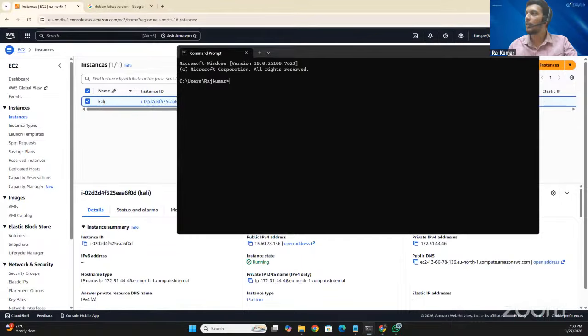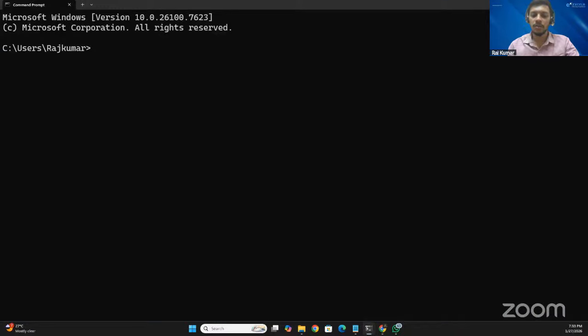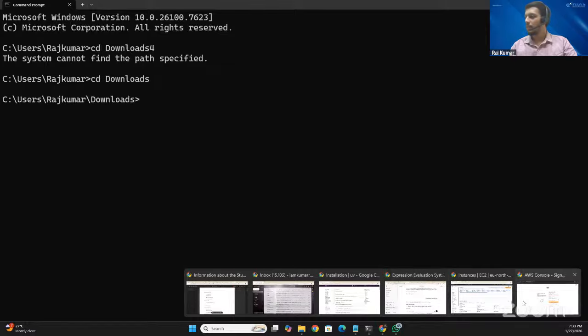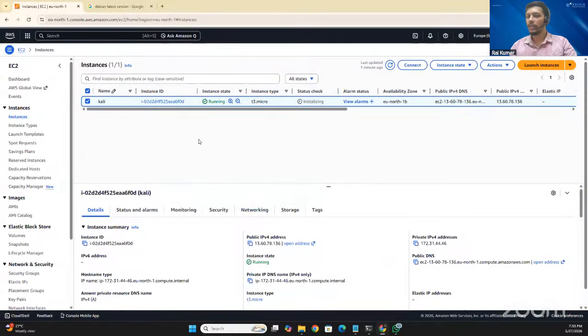Open the command prompt. Just go to downloads. So, okay, cd downloads, because I just downloaded the kali-linux.pem file into the downloads folder. Only there can I run this command, because, you see here,